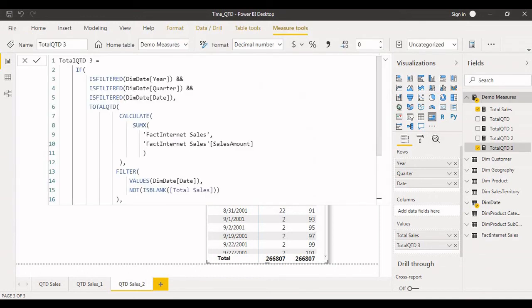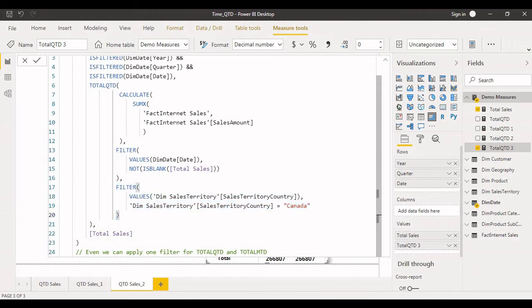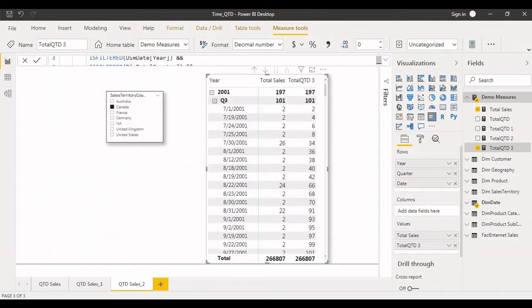Here, if you see, I have added some extra filter conditions. Here I'm calculating quarter to date only for Canada, for the respective year. By using the FILTER function, I'm calculating only the Canada-wise figures.